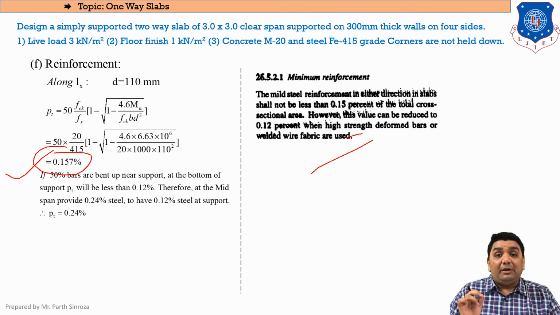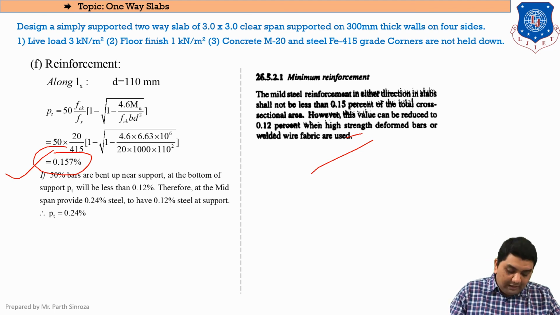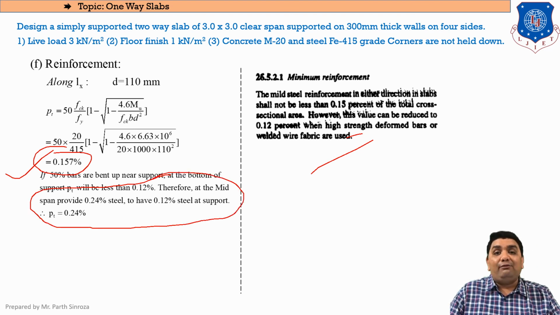That is, if we need 0.12% at support, then what should be the amount of PT in the midspan? As we all know that at supports the percentage of steel reinforcement is half of that of midspan. So if we go into the reverse order, at midspan the percentage of tension reinforcement should be double that provided on the supports. Clear? So as we all know that at supports the minimum requirement is 0.12%. So at midspan the minimum should be 0.24. This is to be understood. Clear? Therefore at midspan moment the minimum steel that is to be provided is always 0.24%.